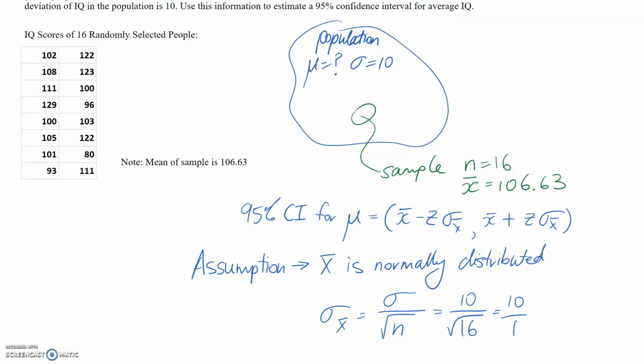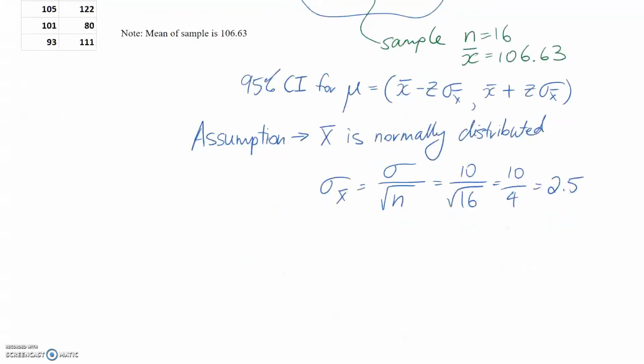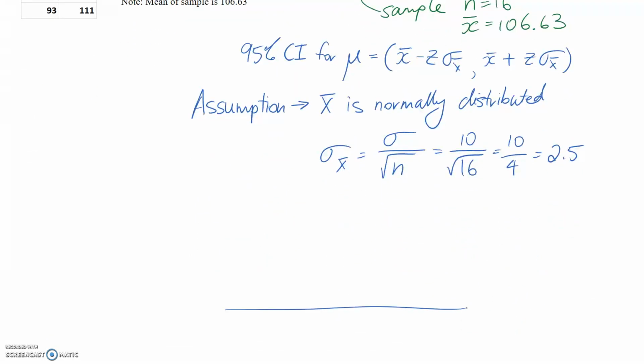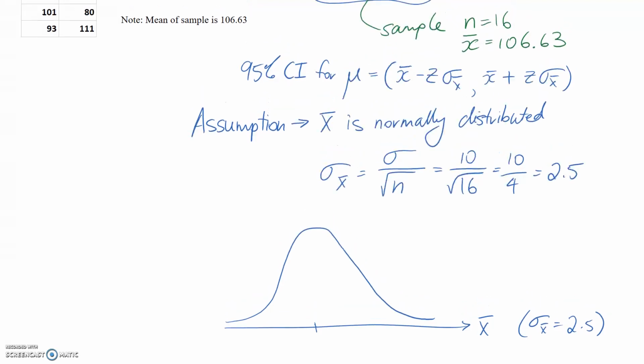So this becomes 10 on 4, or the same as 2.5. Alright, so let's draw ourselves a little diagram of this normal distribution of x bar. It's going to look something like this. We've just figured out the standard deviation, so I'll pop that out here. And the mean of our x bar, for the purpose of estimating this confidence interval, is going to be the mean of whatever we had for the sample. So we've got